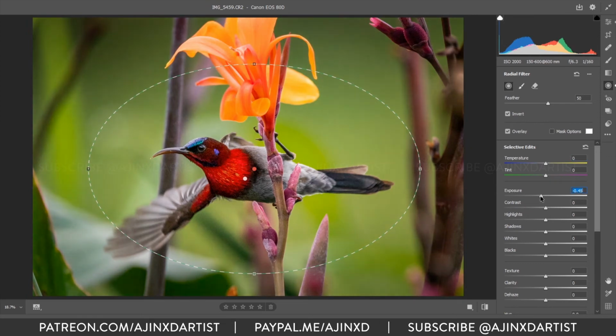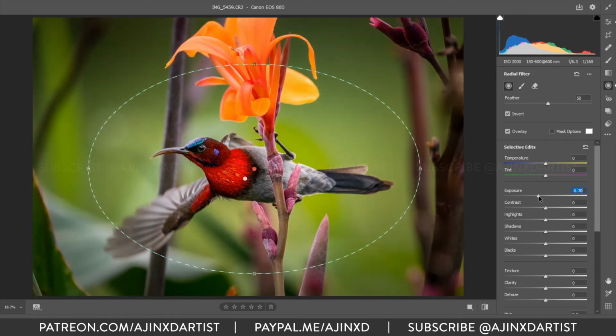So I'll bring down the exposure because then it gives a nice vignette to the image. It depends how much you would like for your image. I like it a bit strong, so this looks nice. I'll also add some contrast, reduce the highlights and darken the shadows as well, because we want all our focus on the subject.